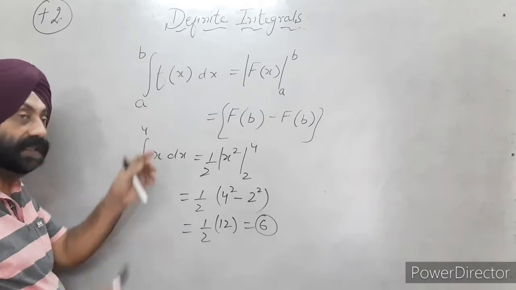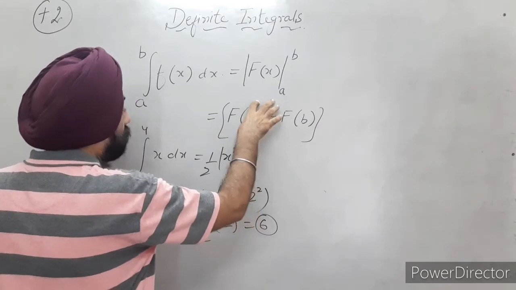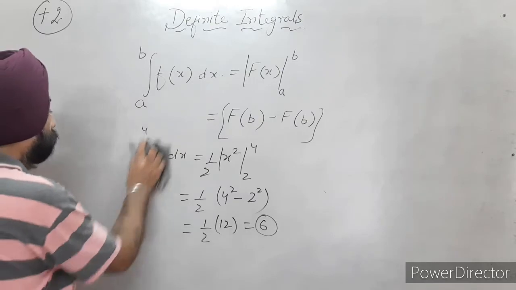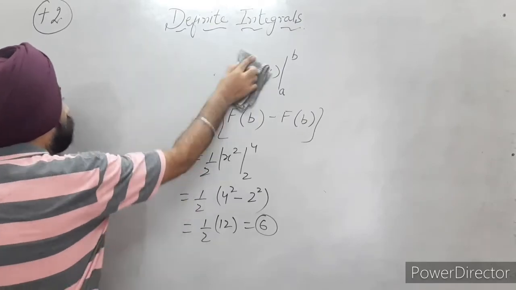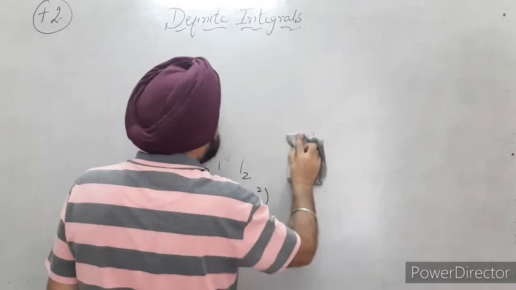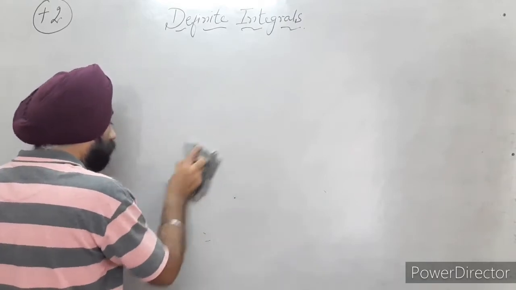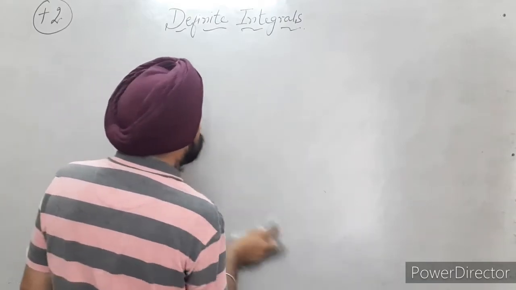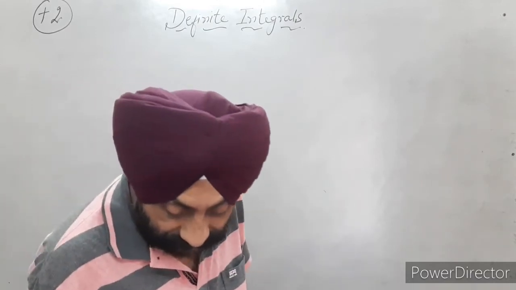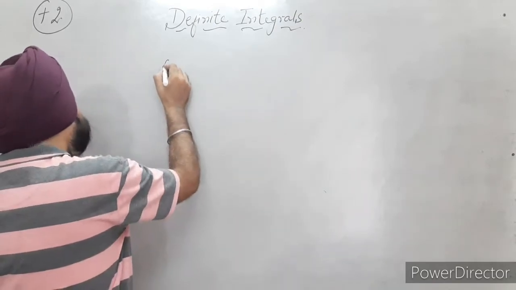This is how we integrate, and we use the limits, the upper limit and the lower limit. A function is given, integrate it. After integration, put the values, the upper limit minus the lower limit, in place of the variable. Now, as I said, the properties or the types of indefinite integrals which we did will be used over here. All the methods to solve various types of integrals will be used over here. All the formulas are the same.